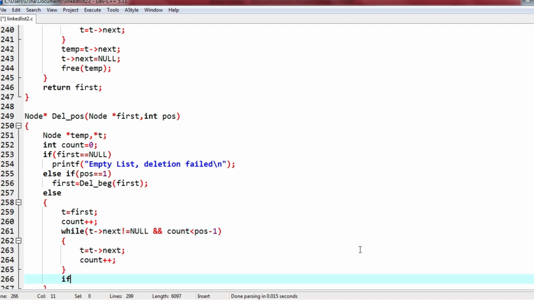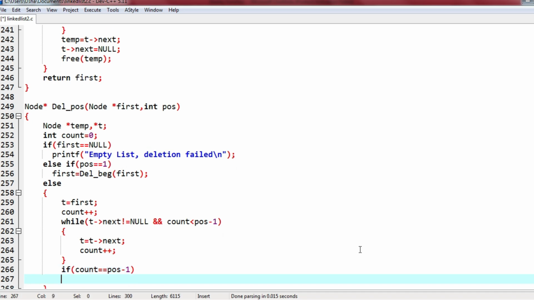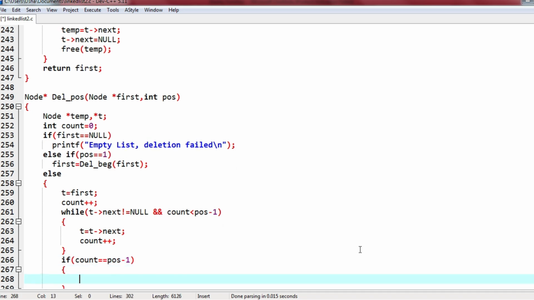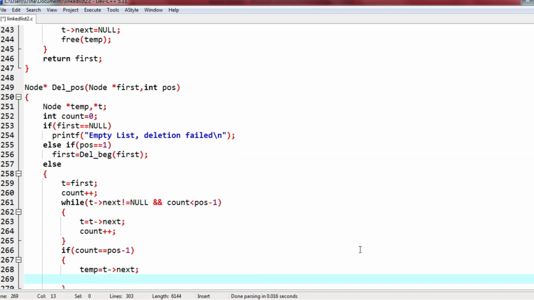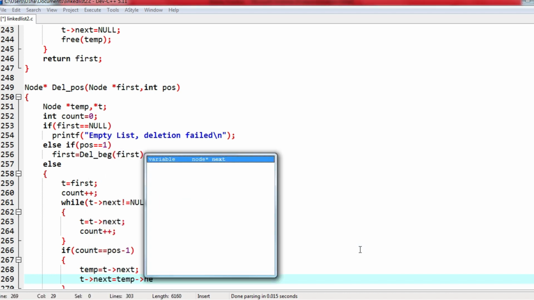So I will check if count is equal to position minus 1. Means if I have reached the required position for deleting, for example if I have to delete the fifth element, right now I am in the fourth position. If that is the case, then I will assign temp equals T next, and T next is equal to temp next.